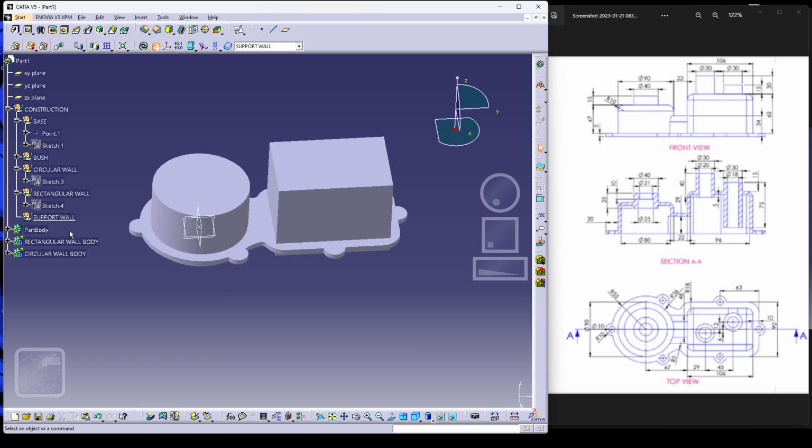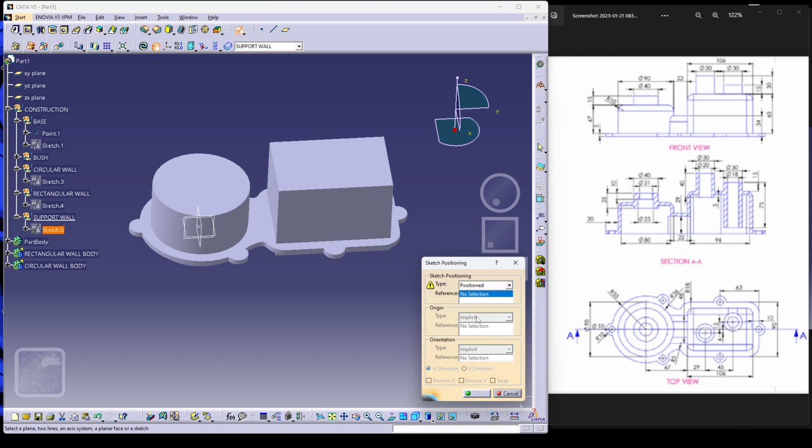Okay, and let's design this. Go with the projection sketch, select the sketch 2 with this one, projection point to be 0.1, and reverse V and swap. Okay,